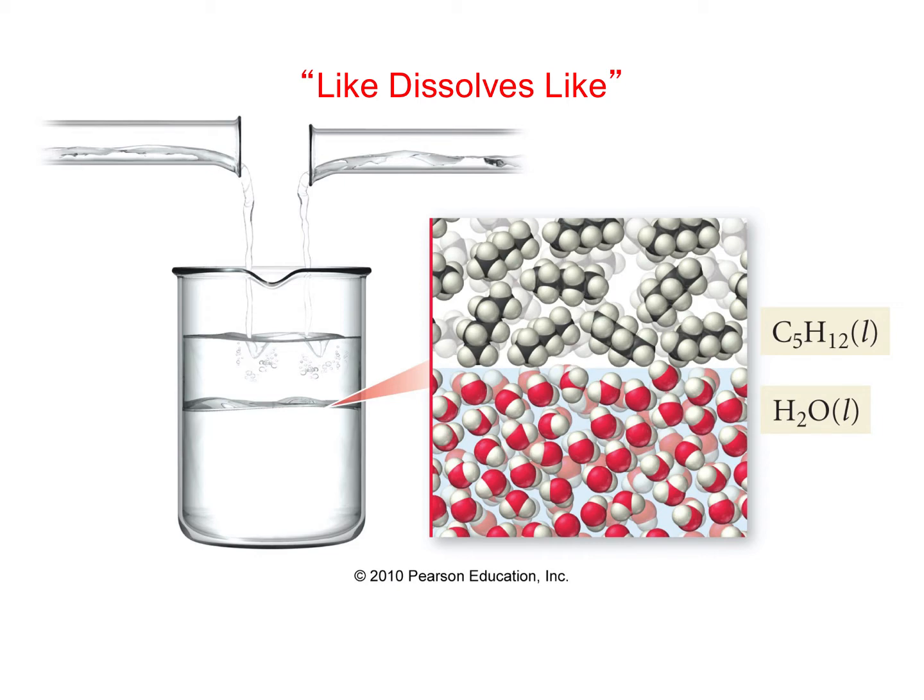Or a more general way to think about it is polar things and ionic things tend to like to dissolve in polar solvents, and nonpolar things tend to like to dissolve in nonpolar solvents. And so if we took pentane,